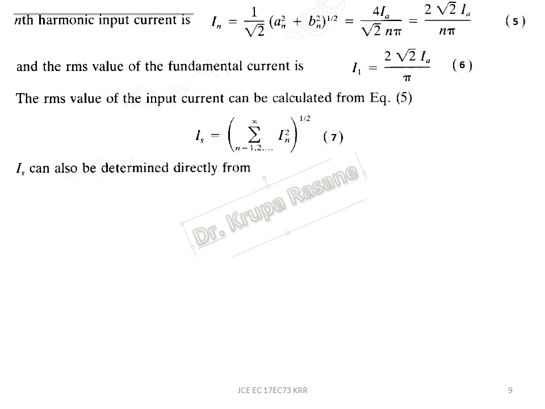So Is can also be determined directly. If I know the waveform, I can use the waveform, and I'll evaluate Is as, because I'll be getting 2 pulses for one cycle, 2 upon 2 pi, integral from alpha to pi plus alpha, both going for a period of pi, Ia square d omega t under the root sign. This value comes out to be equal to Ia. So what it tells is the RMS supply current is equal to the RMS load current.